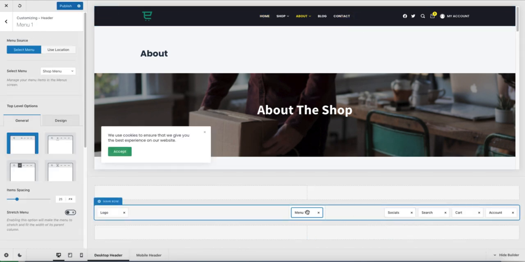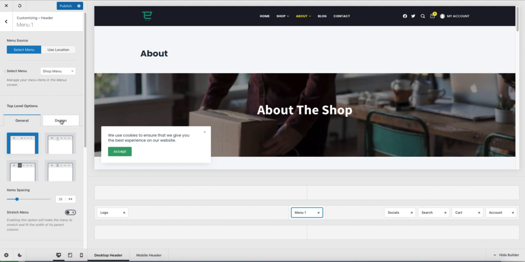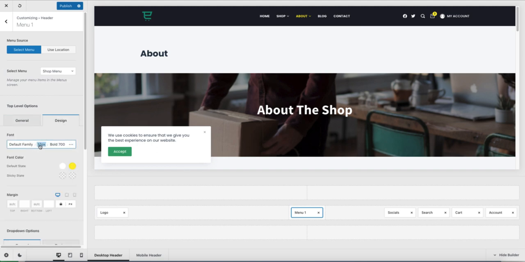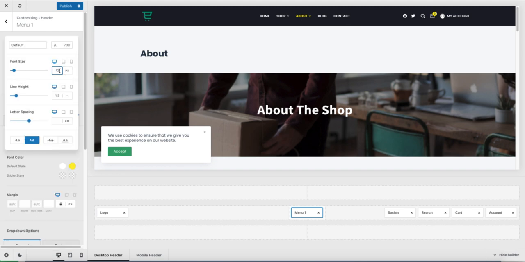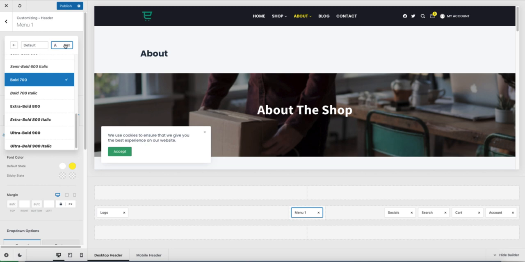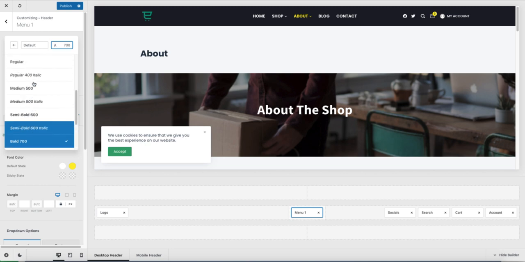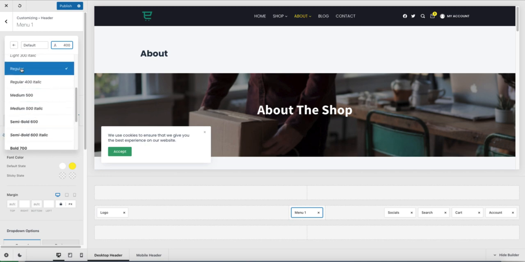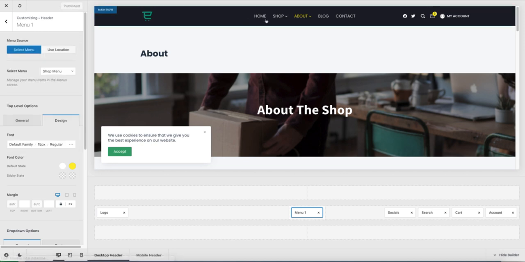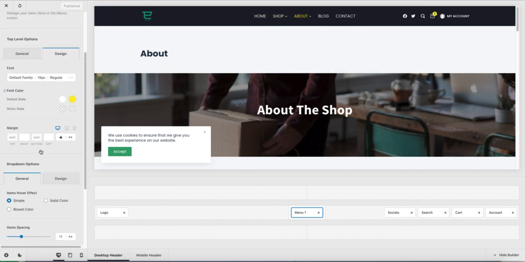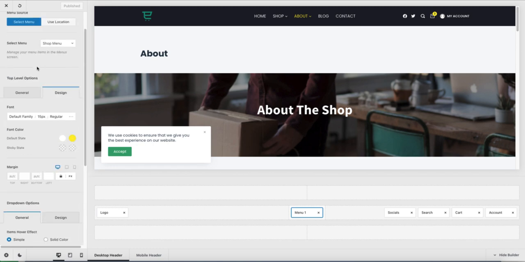Therefore, I'm gonna click on it. Design, default family, but I want it to be 15 pixels. And not bold, but regular, like this. Well, there you go. If I want to change the drop down, I can scroll down here,